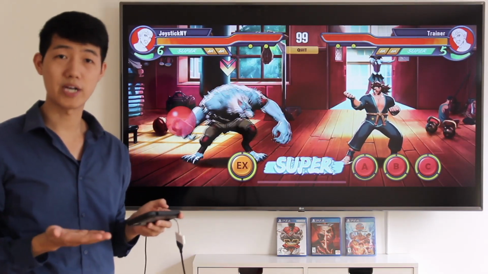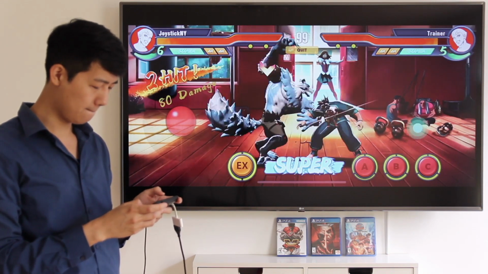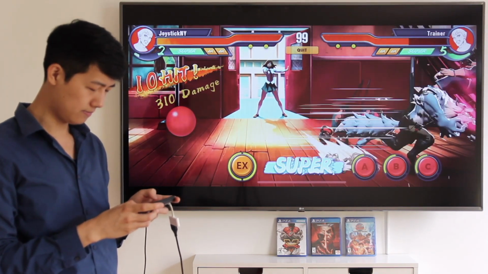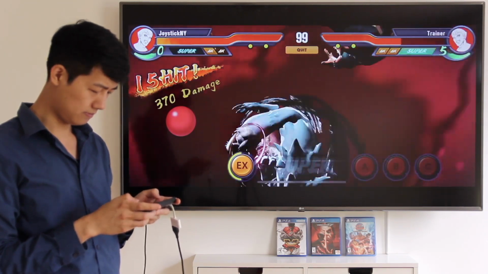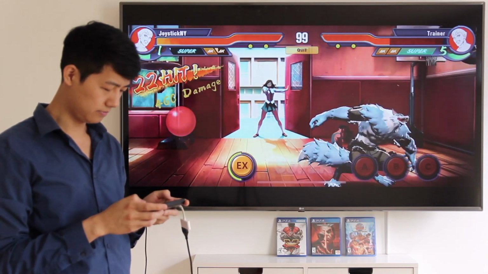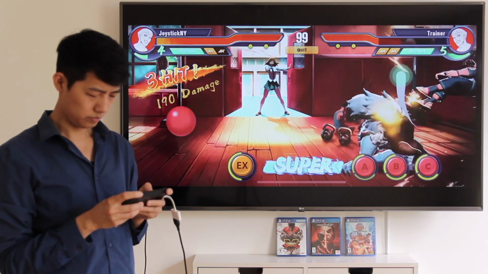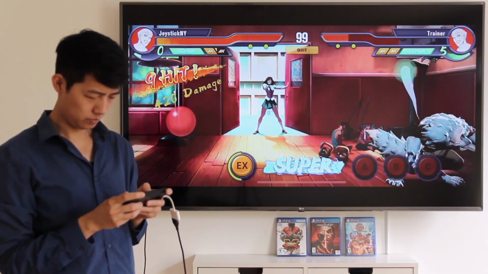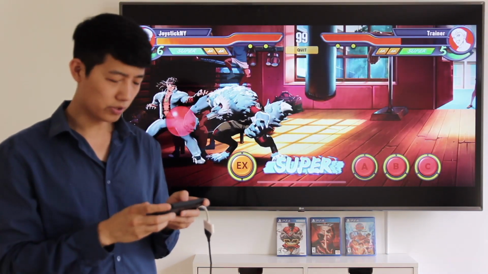So here are some sample combos you can do with Lucas. So if you're all the way over this side, and if your opponent is blocking all day,